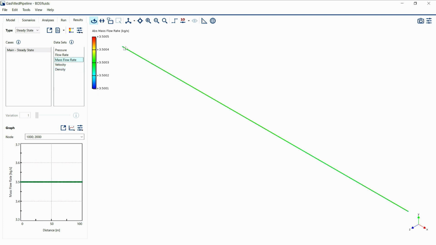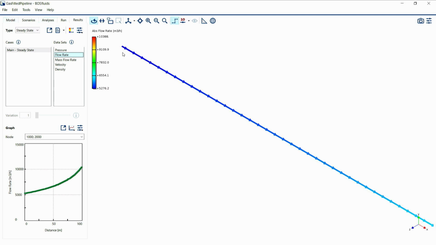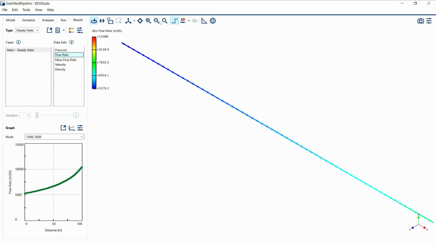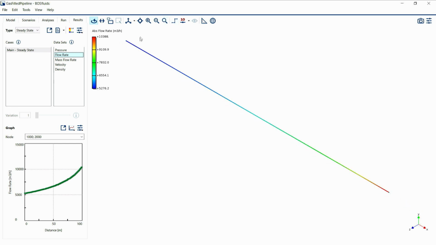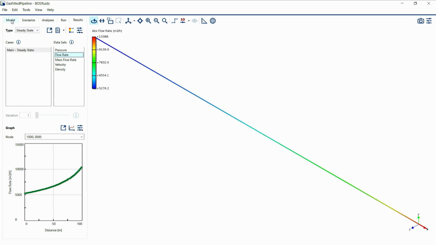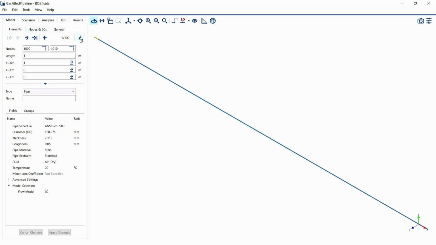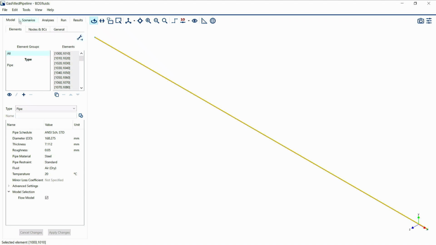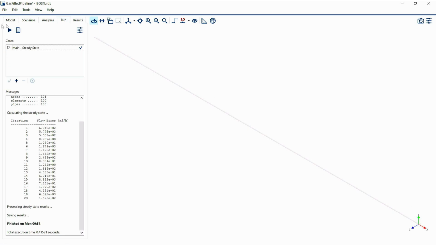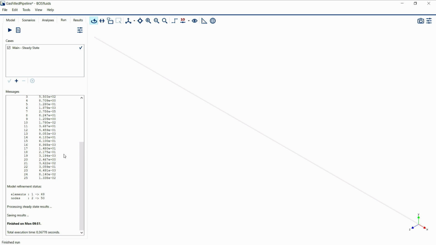Of course, the mass flow rate will be constant because of conservation of mass, meaning your volumetric flow rate will increase along the pipeline. So for this model, I cut it up in all small pipe sections, but in this new version of BOSfluids, you can also run this complete system. So if I just merge these elements to one element and then again run it, you see that